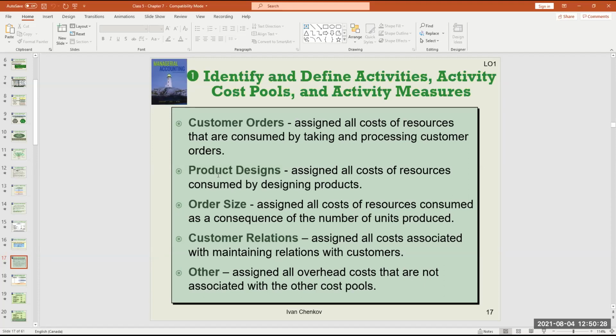you remember the electricity bill. Our activity can be lights. The cost pool for the lights will be $20 per month. The $20 out of $100 comes from the lights. Then we have to measure that activity. Since we have the cost pool for that activity, with a total cost of $20, then